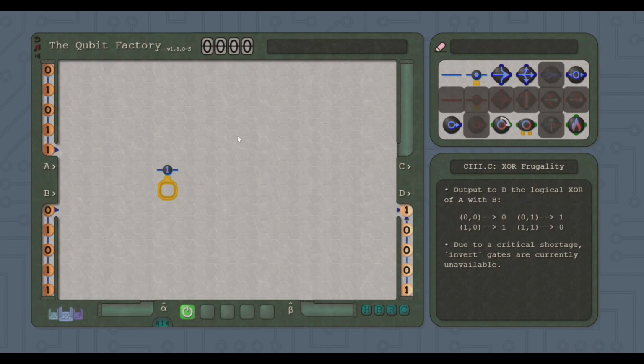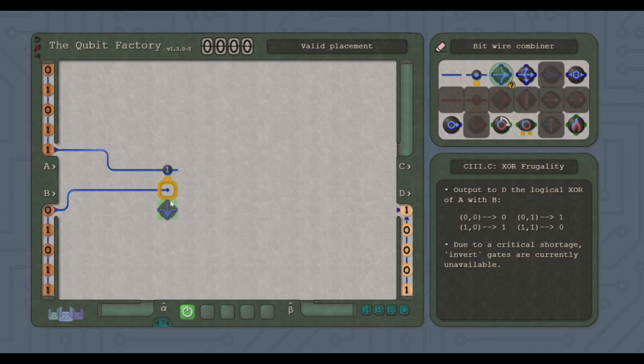So, I mean, can we just branch on A? So if A is 0, well, if A is 1, let's do something. No, if A is 0, we should output B. So let's set it up that way. But what do we do if A is 1? I'm sure we're gonna have to do something a little more interesting, but